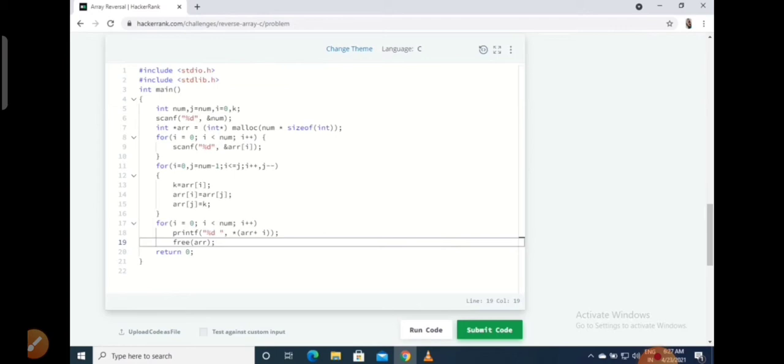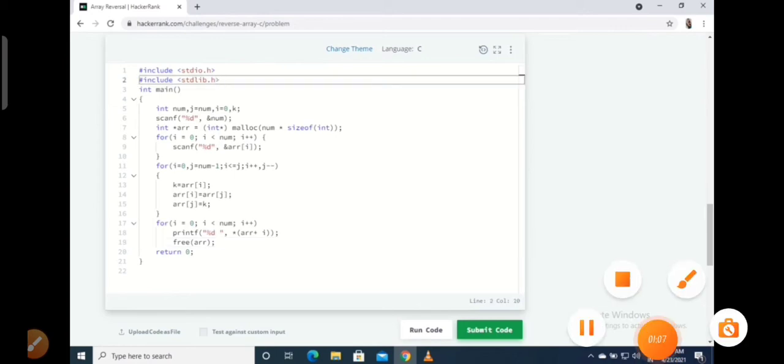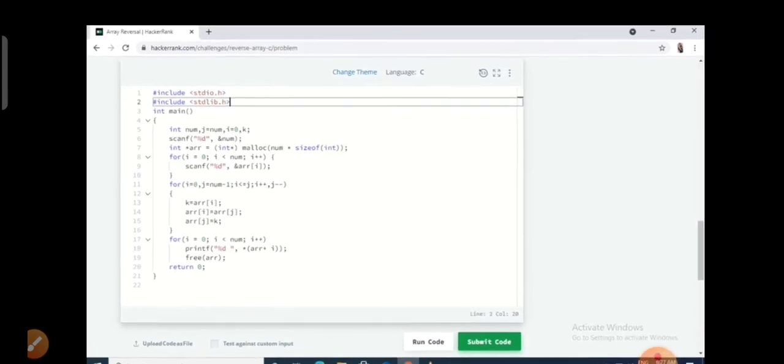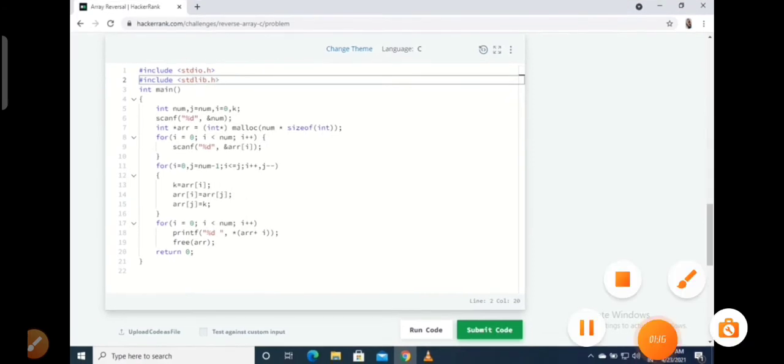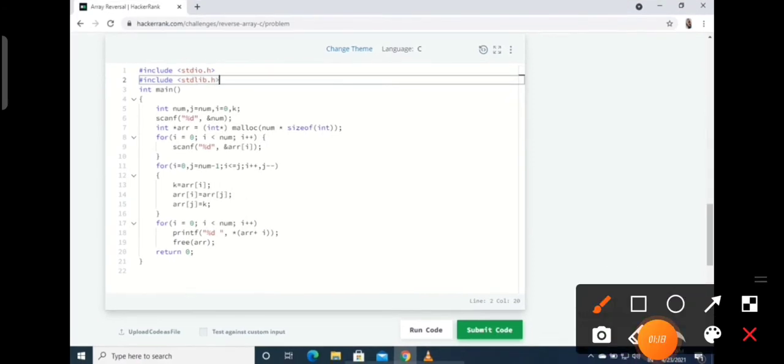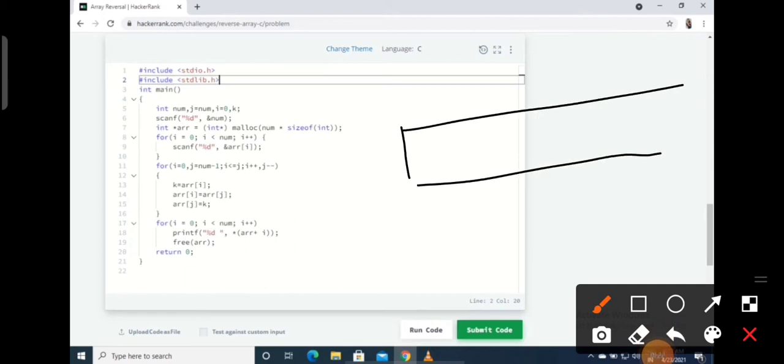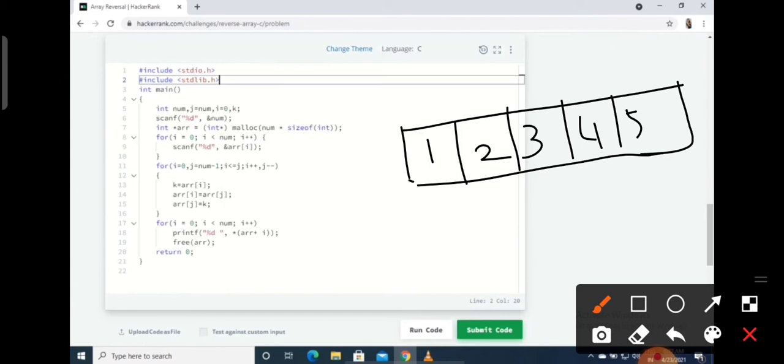First of all, let's think about the logic for this one. Let's consider the size of the array is 6. So, 6 elements are present in the array. That is 1, 2, 3, 4, 5 and 6.